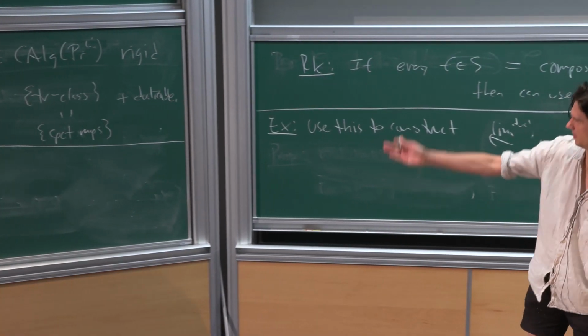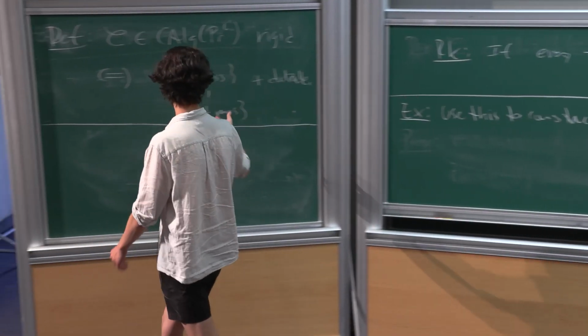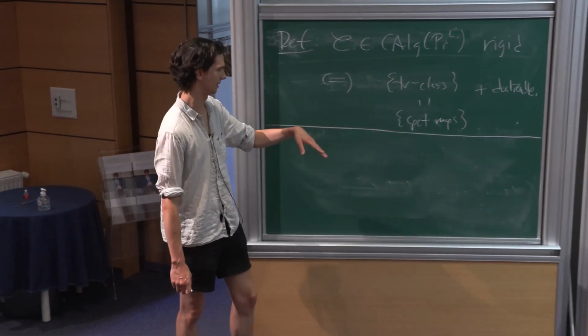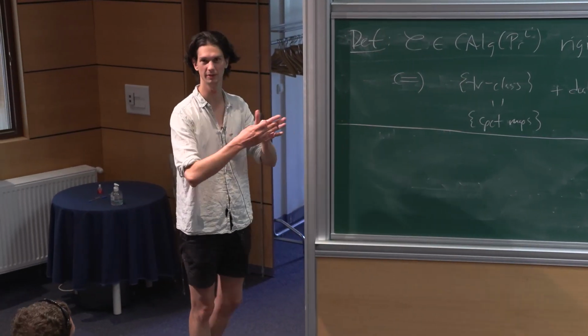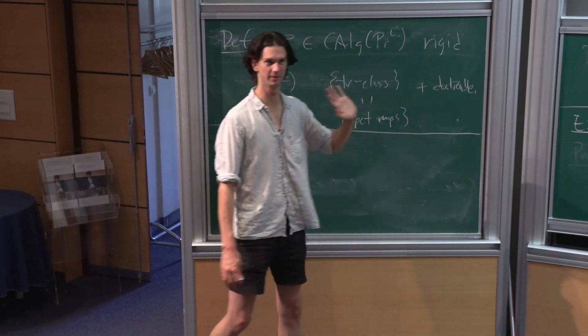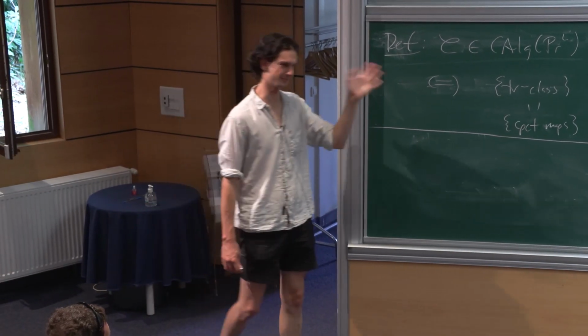I want to say maybe that this perspective can help you prove dualizability, because the trace class maps will provide good examples of compact maps. And for dualizability, you need enough compact maps. So if you understand the trace class maps, you often get a good source of compact maps. So I was wrong, but there's some truth in what I was saying.